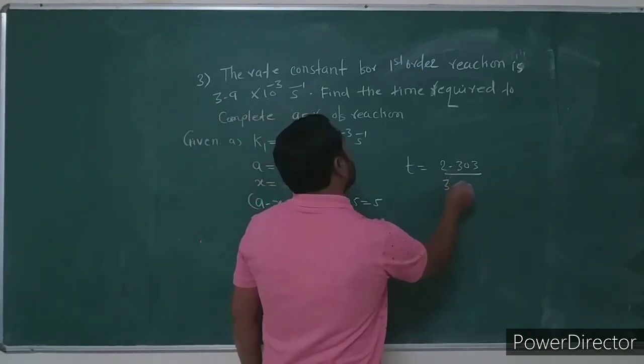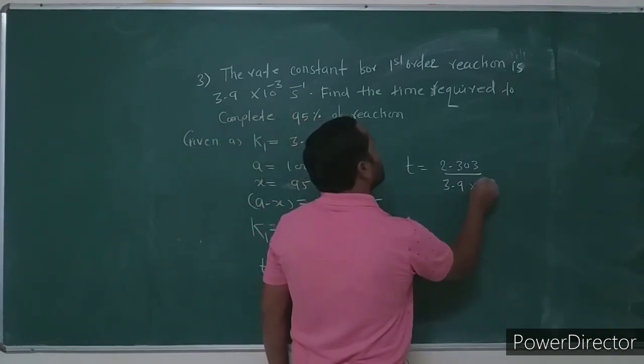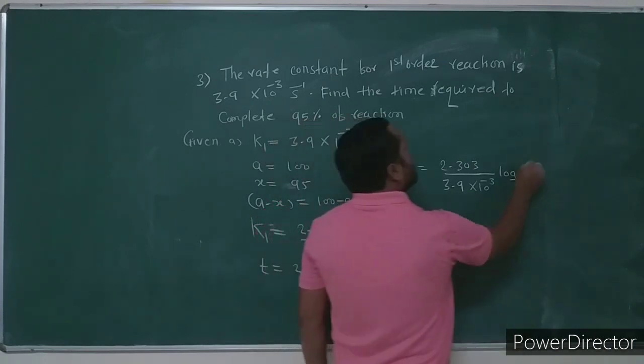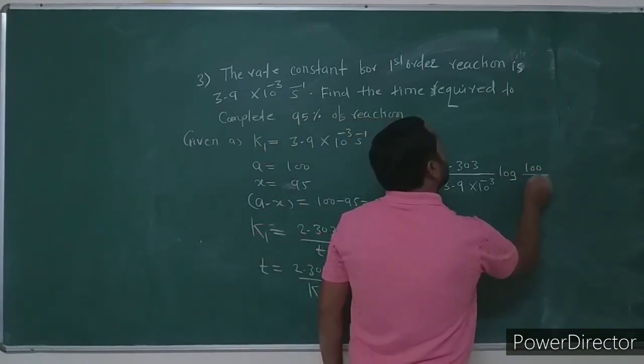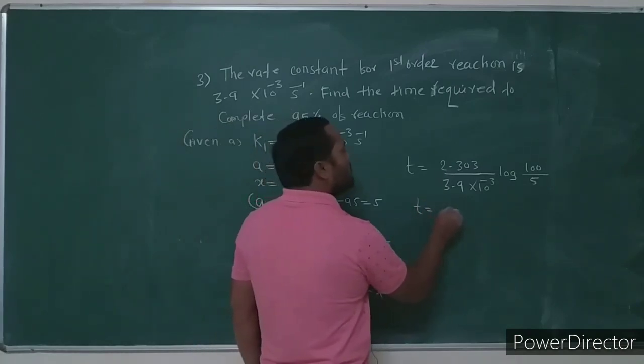K1 is 3.9 into 10 raised to minus 3, A is 100 and A minus X is 5. Then T is equal to